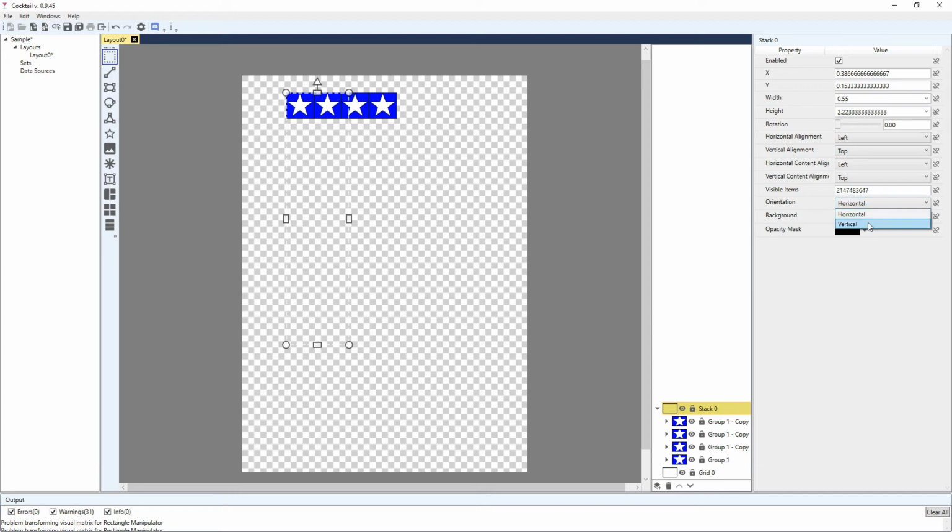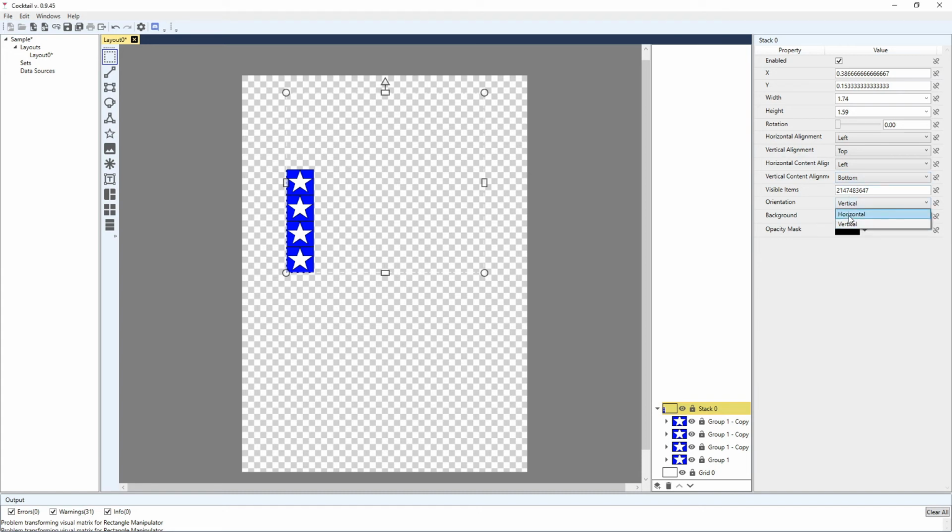We can change the orientation to be vertical. This is a little bit big for this demo. What I'm going to do here is I'm going to make this just a little bit bigger. And what you can do is you can actually align the contents centered vertically, or we can have them aligned to the bottom. If we do this